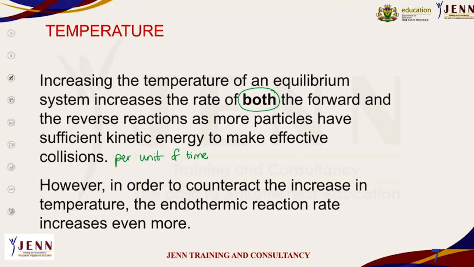Okay, so now you can either favor... if there's an increase in temperature, you favor the endothermic reaction more than the exothermic reaction. So an increase in temperature favors endothermic, so you favor both exo and endothermic, but the endo is favored more than the exothermic. The other way around, if I decrease the temperature, then I favor my exothermic reaction, and in this case I will favor exothermic more than endothermic. But I favor both of them, just the one more than the other one.